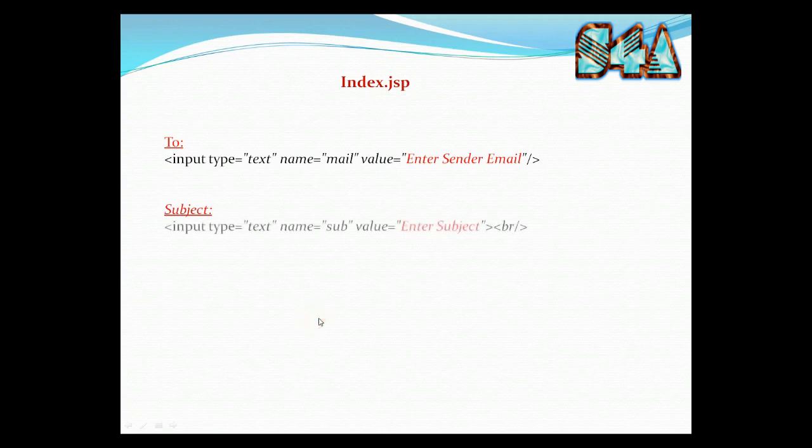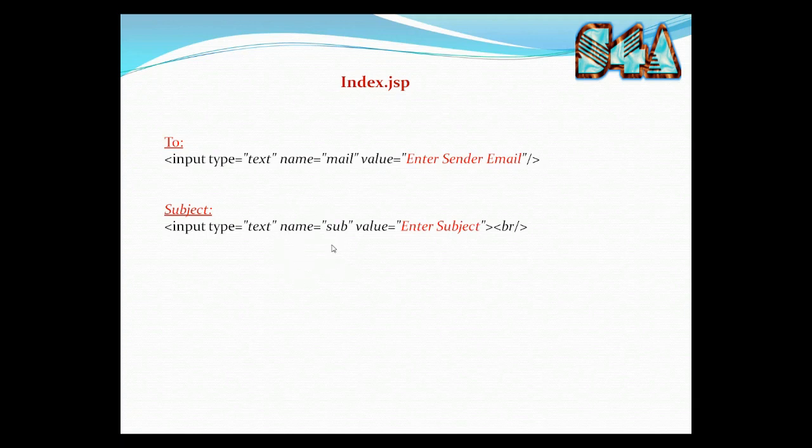I'm taking some fields, for example, to, that means the email where I want to send the email. You know that input type text, name mail, value enter receiver email. Then after, subject, we also create a subject using input type text, name subject. Here the name will be assigned, you know very well.